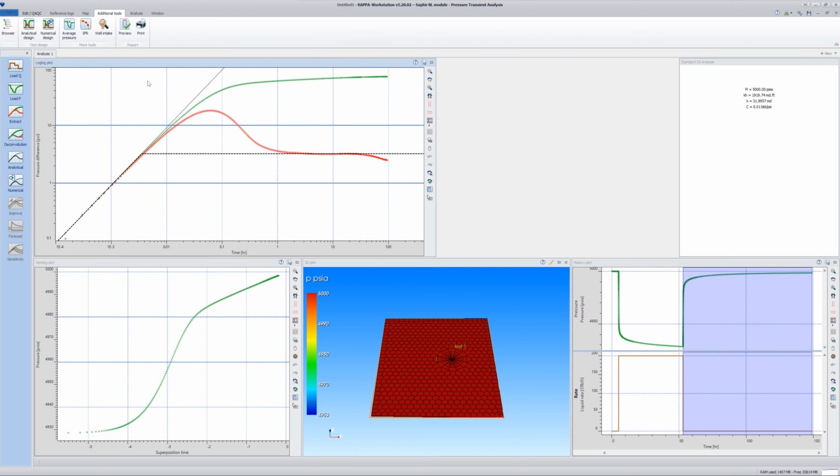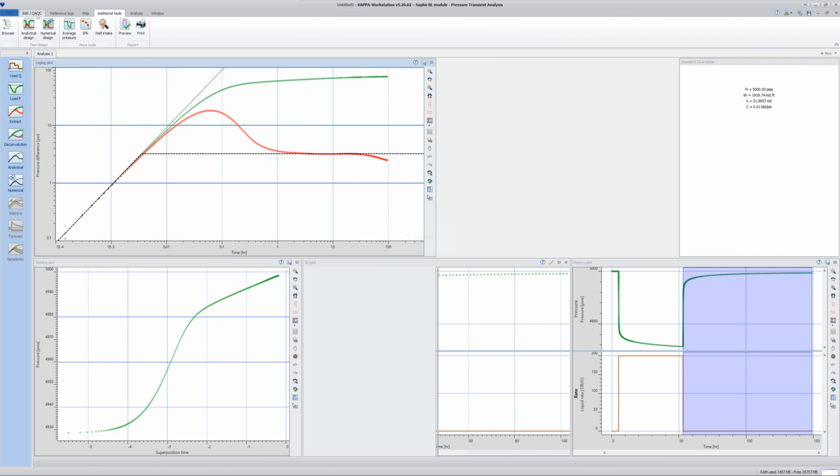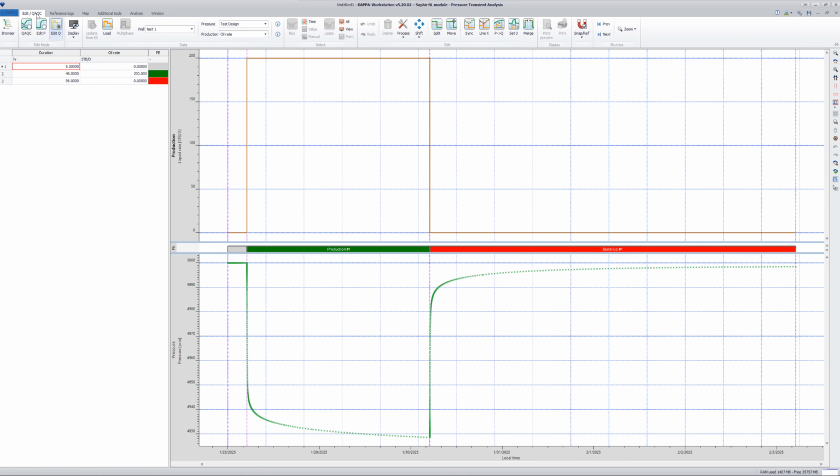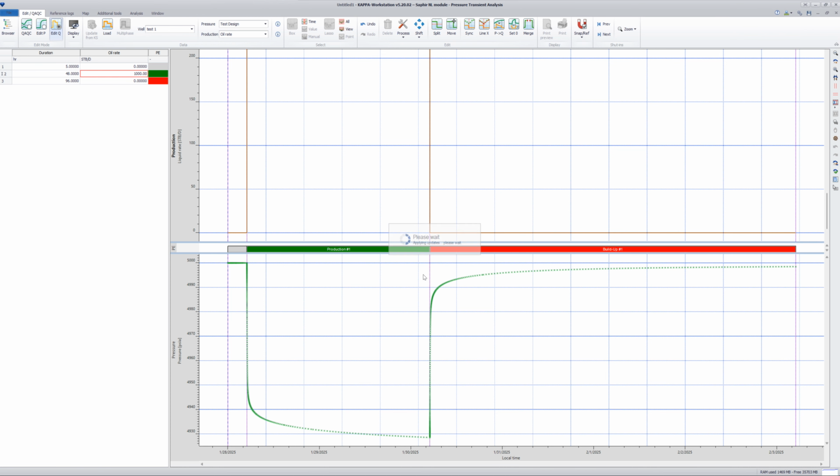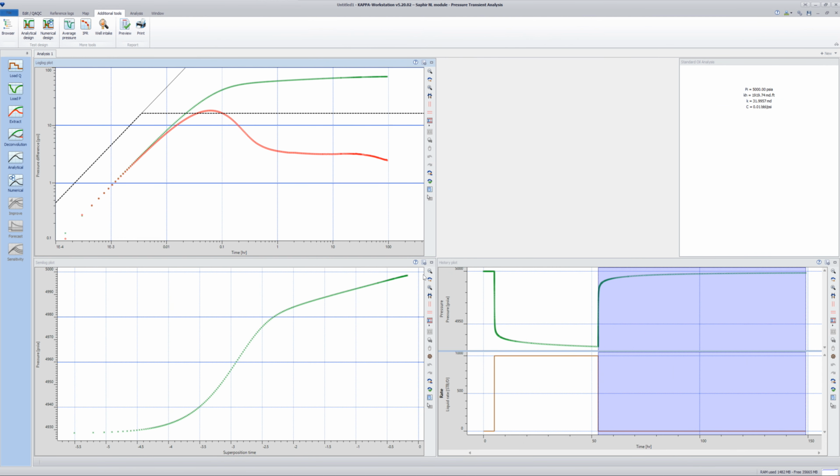So maybe we can come again to the edit QAQC. I just need to show you how easy it is for us. Okay, and I will change this to 1000. And once I click again on the additional tools, it needs to update the whole thing. So it starts updating from the start, and